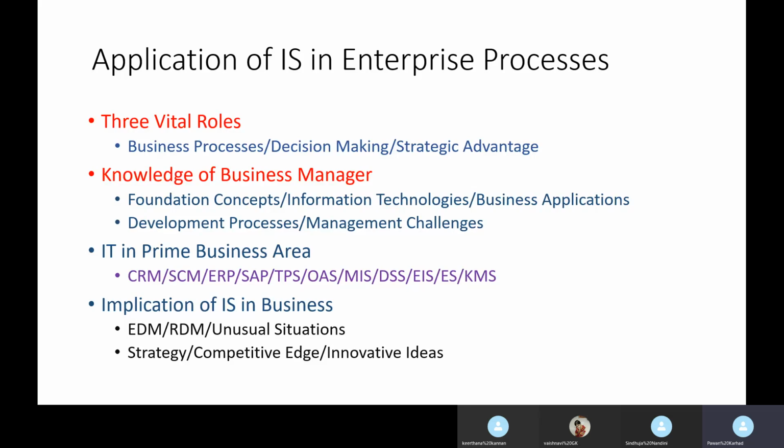That is what we are going to learn in chapter number 5, acquisition, development and implementation of information system. Okay, so he must know chapter 5. That is what they are trying to say by development processes. And the fifth point is management challenges. He must know what challenges management faces if it is using information system.